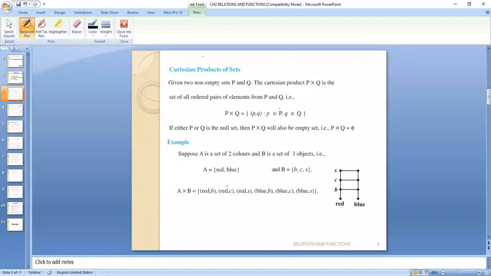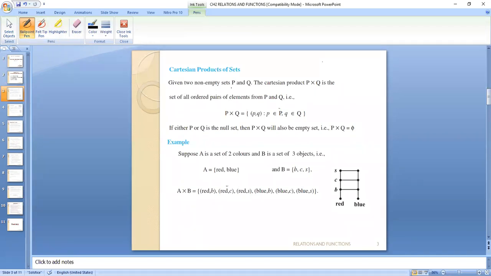Like we take the product of two numbers, 2 into 4 is 8, right? The same way we can take the product of sets also. Till now we have studied what is a set, what is their union, what is their intersection, what is the difference of two sets. Now the new thing is what is the product of two sets, what the output will be if we multiply two sets, right? So what is the definition? First I'll let you know.